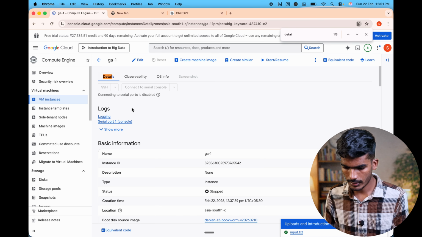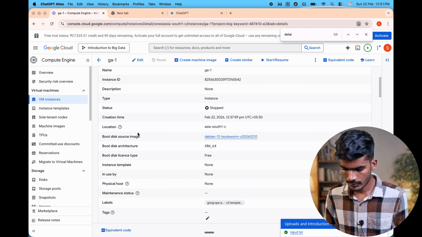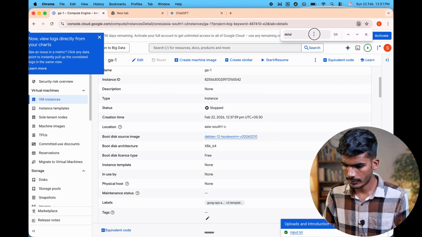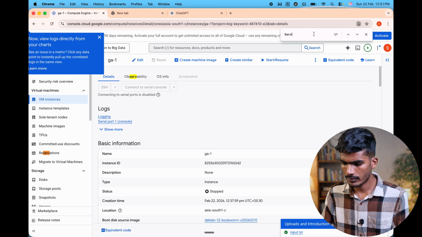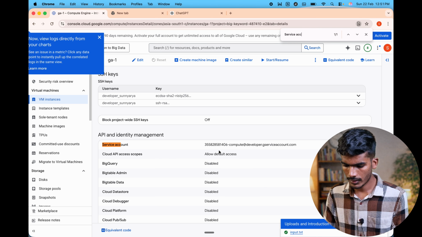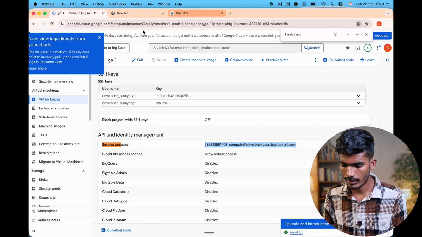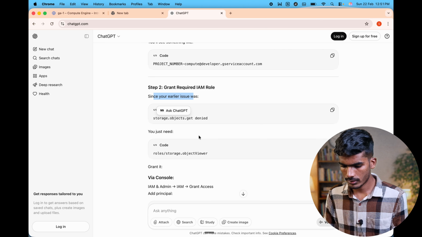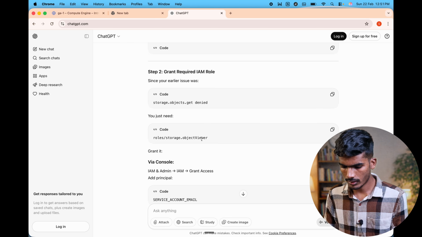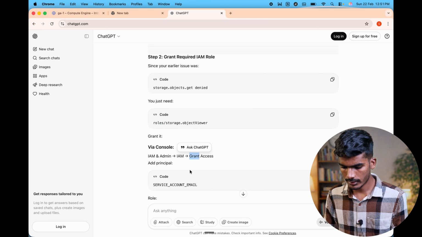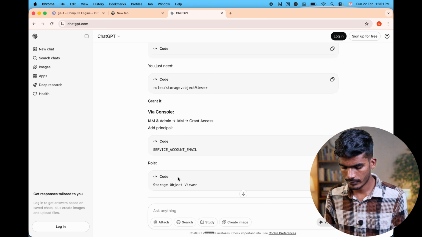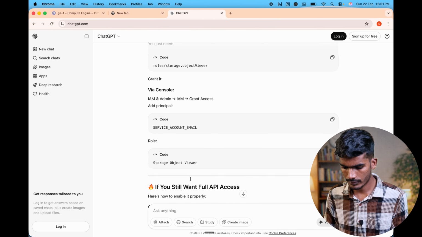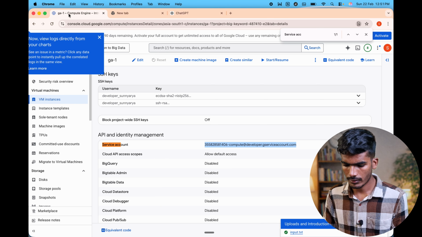Okay, so here inside the details, service account. Okay, so this is the service account we have. Now it is saying, since your earlier issue was storage get denied, you just need the role Storage Object Viewer. Grant access to the service account email. Okay, so for that, I am going to